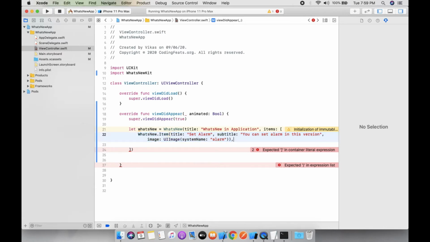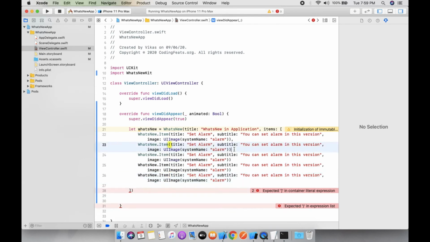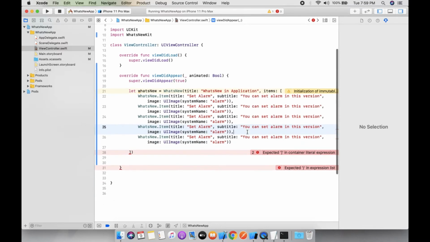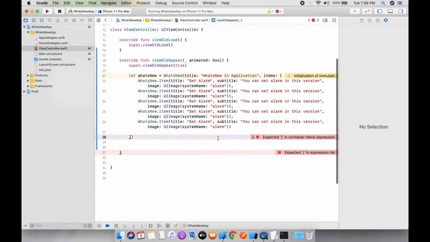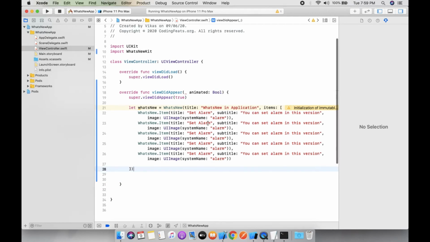So we need to take multiple items here. So let's create this multiple times and separate with commas. Yeah, it's done right now. So we need to set a different name for each.